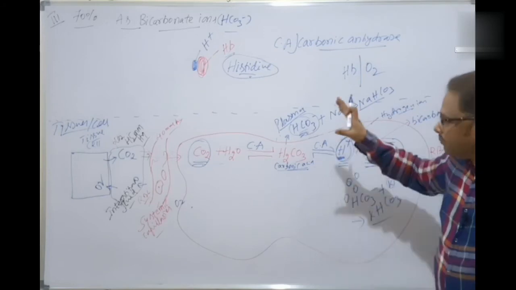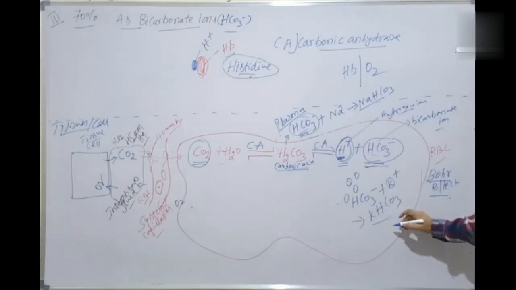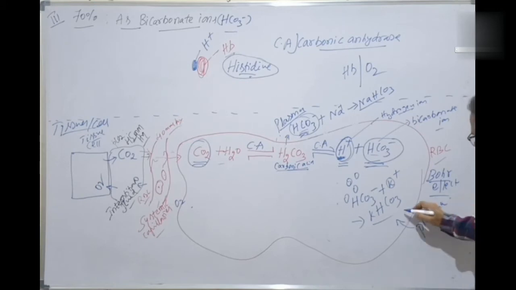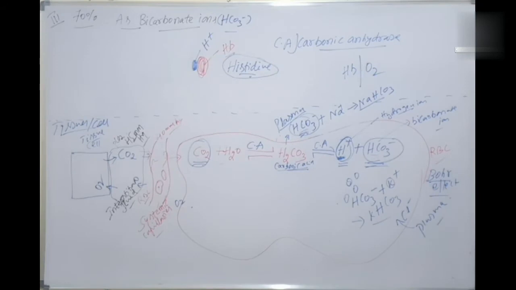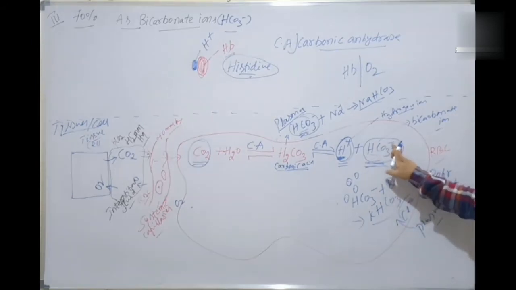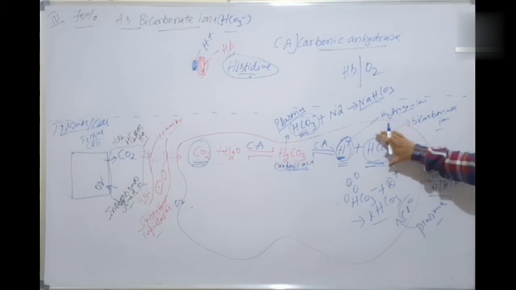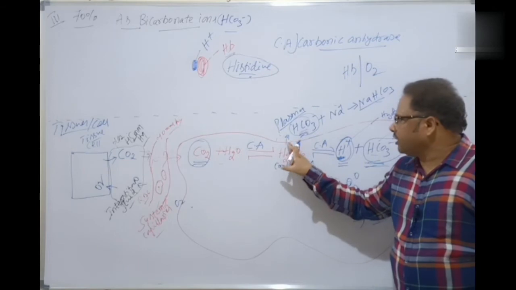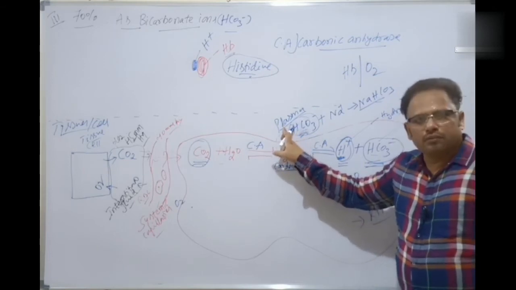So to maintain the equilibrium, some of the chloride ions from the plasma, this is the plasma, isn't it, move into the RBC here. Why the chloride ions? Because it's a negative ion, and the bicarbonate ion is also a negative ion. Why does this have to move? Because some of the HCO3 minus ions are moving outside the RBC across the plasma membrane into the blood plasma, isn't it?